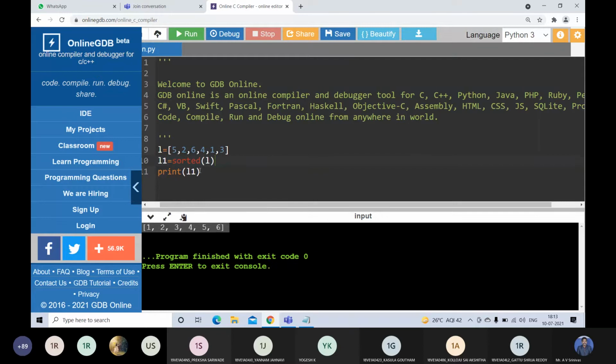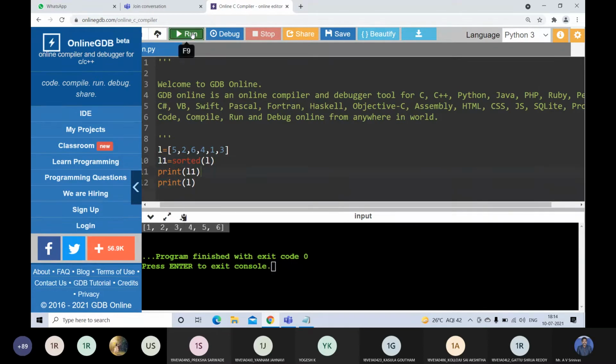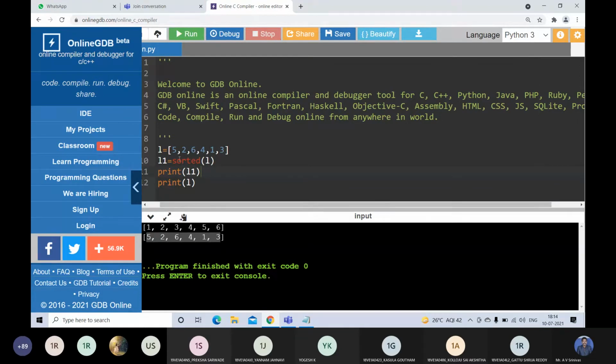Similarly, if you print L, L is not modified. It will be as it is: 5, 2, 6, 4, 1, 3. So the sorted method will not change the original list. It returns a new list that is stored in some other variable like L1 and printed here.